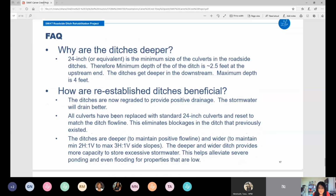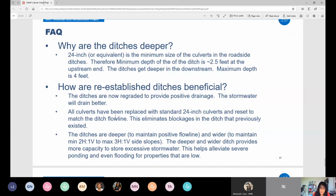So I hope this provides information about the project in general. We compiled some of the concerns that were communicated to us, and I have some questions and answers here that I would like to go over briefly, and then we can open it up for any other concerns or questions that you may have. So I know one of the main concerns you all had was about the depth of the